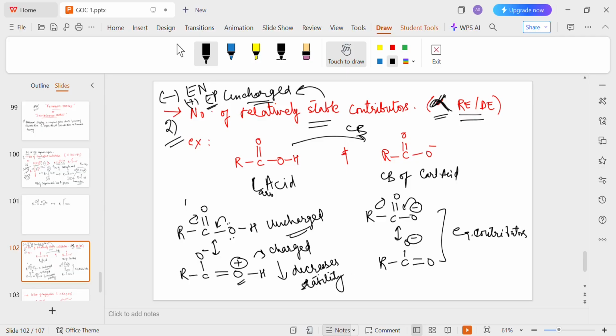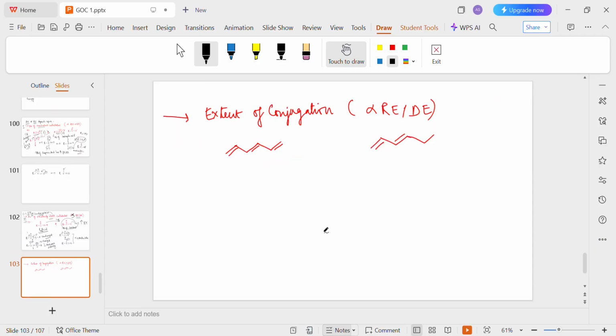So here which structure will have more resonance energy, a higher resonance energy? Of course the conjugate base of carboxylic acid has a higher resonance energy if compared to the carboxylic acid alone, okay। So this has a higher resonance energy because it has a higher number of relatively stable contributors। ये दोनों ही contributors stable हैं क्योंकि negative charge ऑक्सीजन के ऊपर आ रहा है। इधर ये स्ट्रक्चर अनस्टेबल है क्योंकि एक जगह ऑक्सीजन तो नेगेटिव चार्ज कैरी कर रहा है बट द अदर ऑक्सीजन हैज अ पॉजिटिव चार्ज आल्सो। और अगर इन दोनों कंट्रीब्यूटर्स की बात करें, इसकी स्टेबिलिटी ज्यादा होगी, दिस विल बी मोर स्टेबल, दिस विल बी लेस स्टेबल बिकॉज हियर वी हैव चार्ज सेपरेशन, हियर वी डोंट हैव एनी चार्ज सेपरेशन।